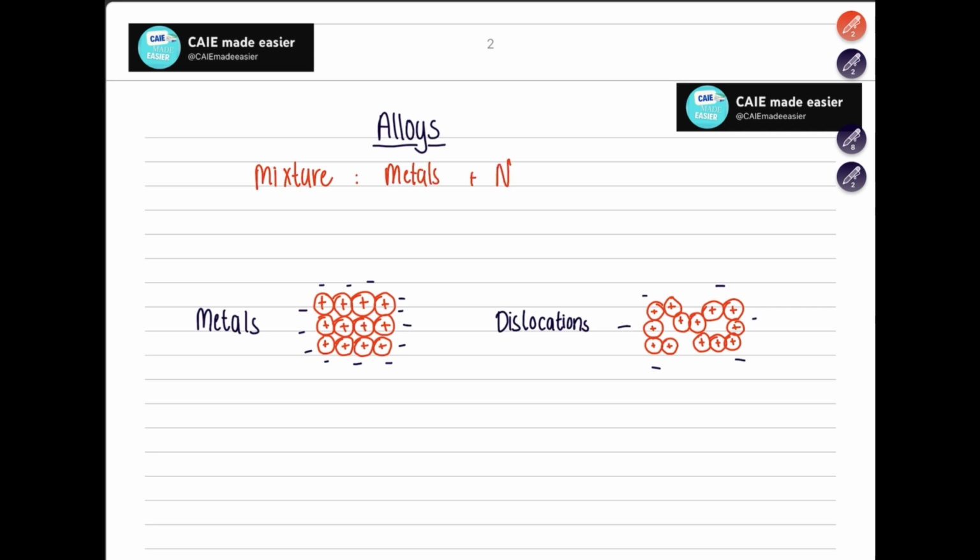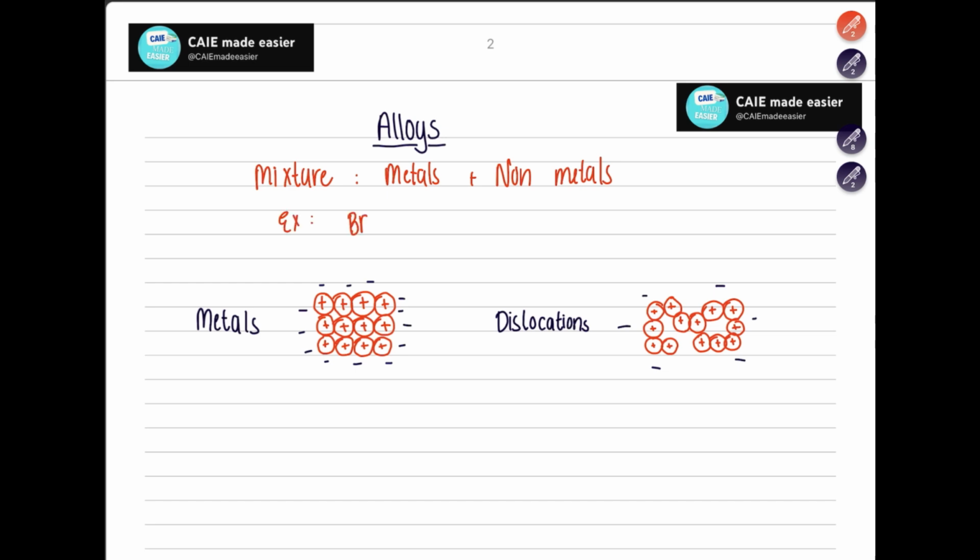Now, why do we do that? We do that when we want to create a new material that might be stronger than the metal or non-metal used, or it might have a higher conductivity, or basically to change or enhance the properties. We use alloys. Now, one example is